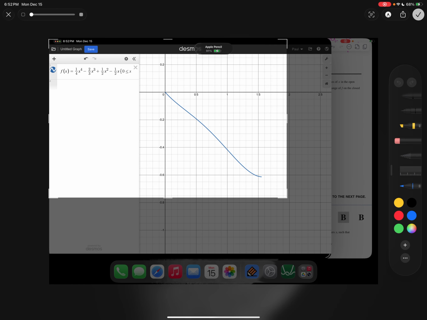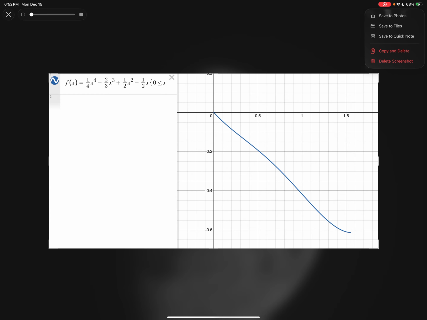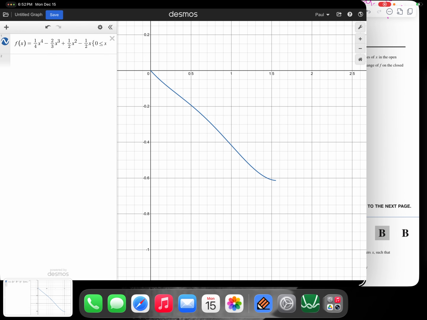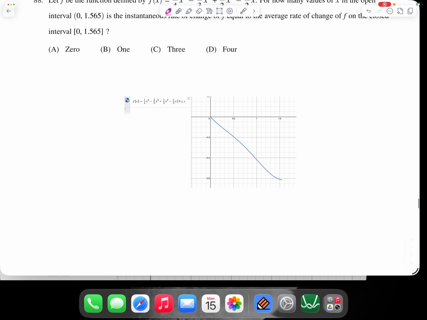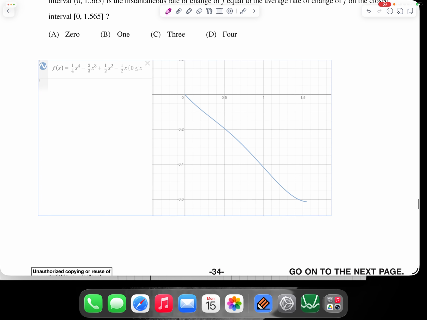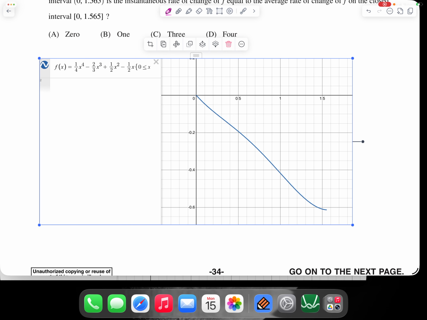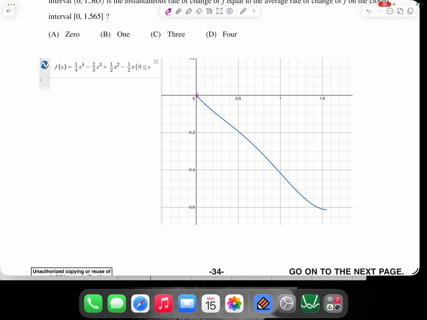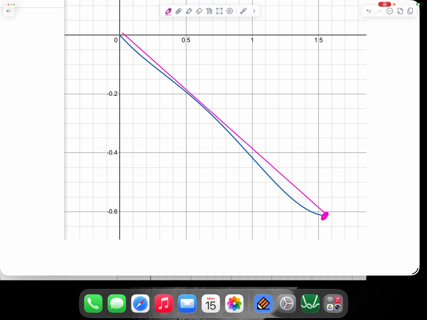Okay, first I just want a picture of everything that's not distracting. Take that picture back over to Notability. Let's take a look at what we have. Okay, if I carefully connect the beginning point and the ending point with a straight line, it looks like the tangent lines,